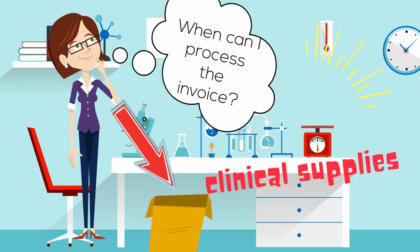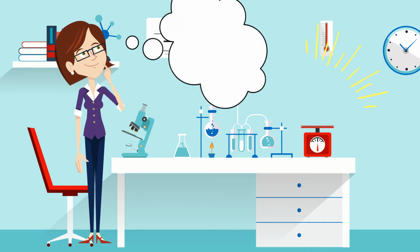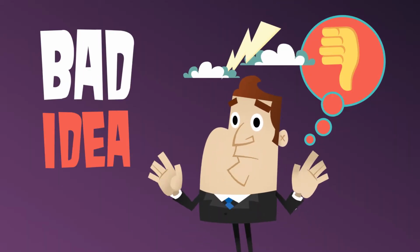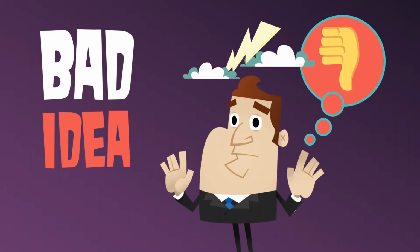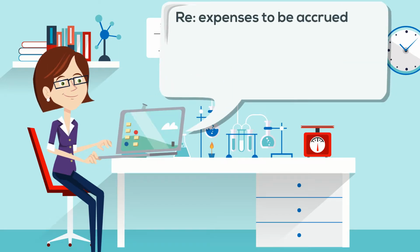but the invoice has not yet been processed. You have two choices. Firstly, you can wait until you have time to process the invoice for payment. However, this may not be a good idea, as you want the amount to be counted in the current financial year. Or the second and best choice is to advise your management accountant that the order has arrived, but not the invoice for